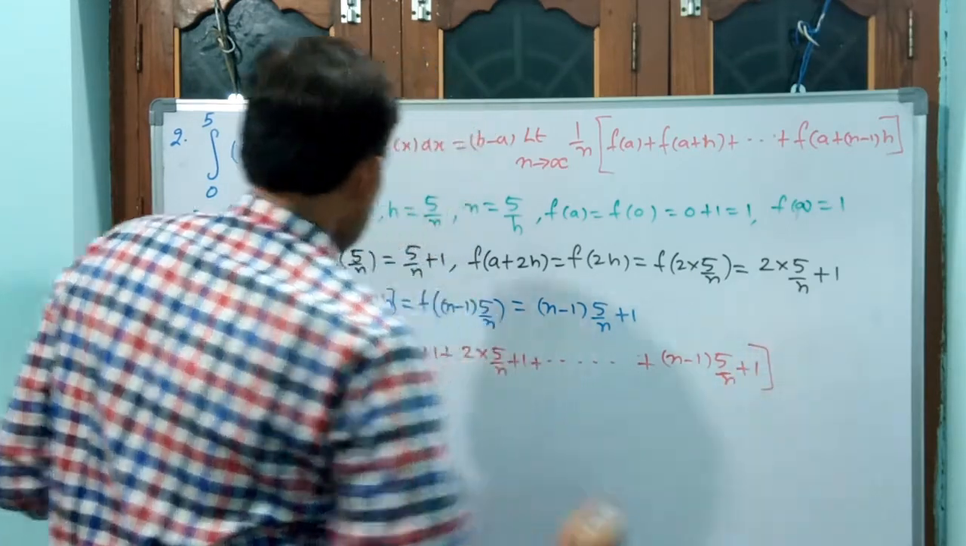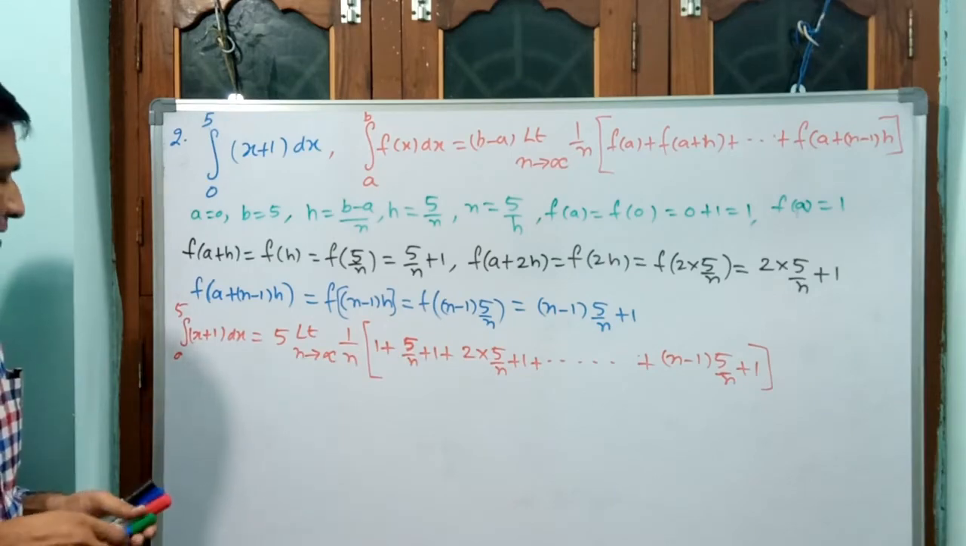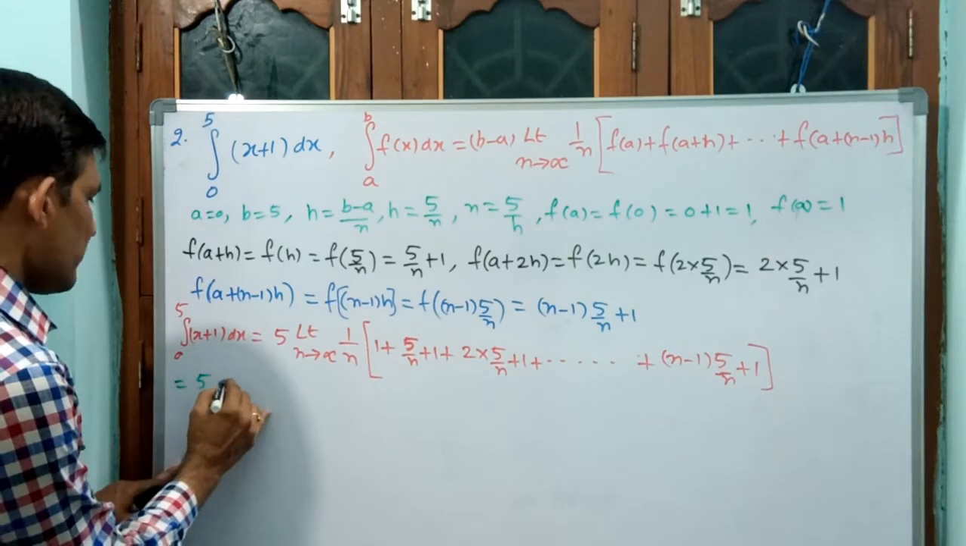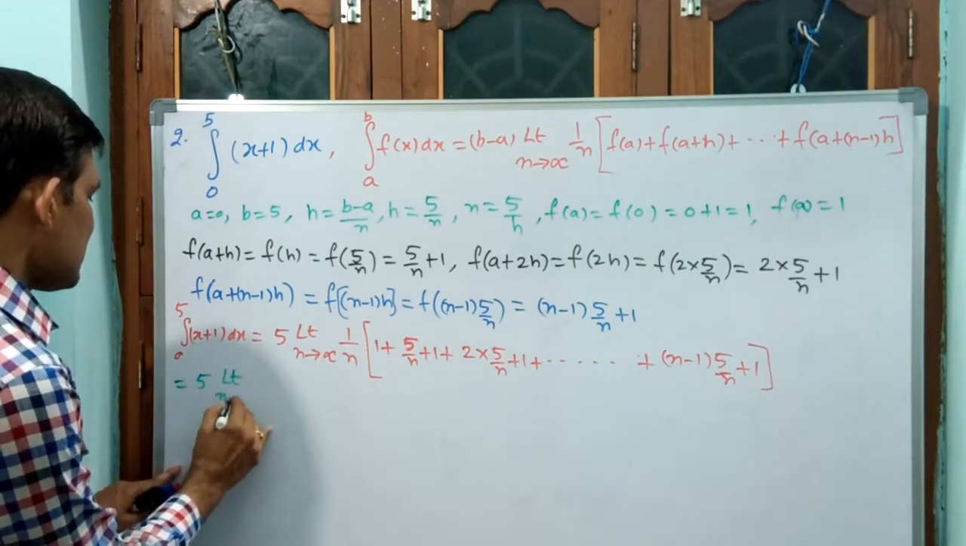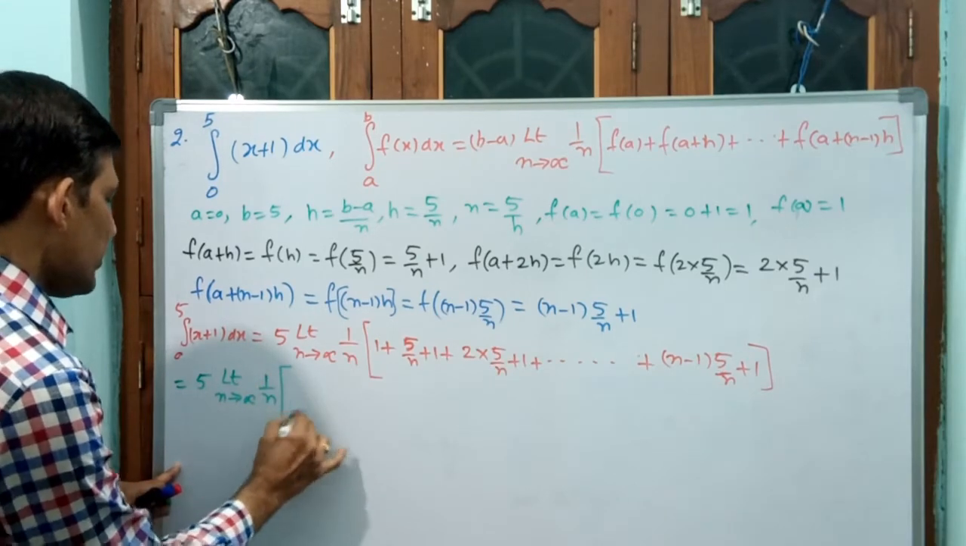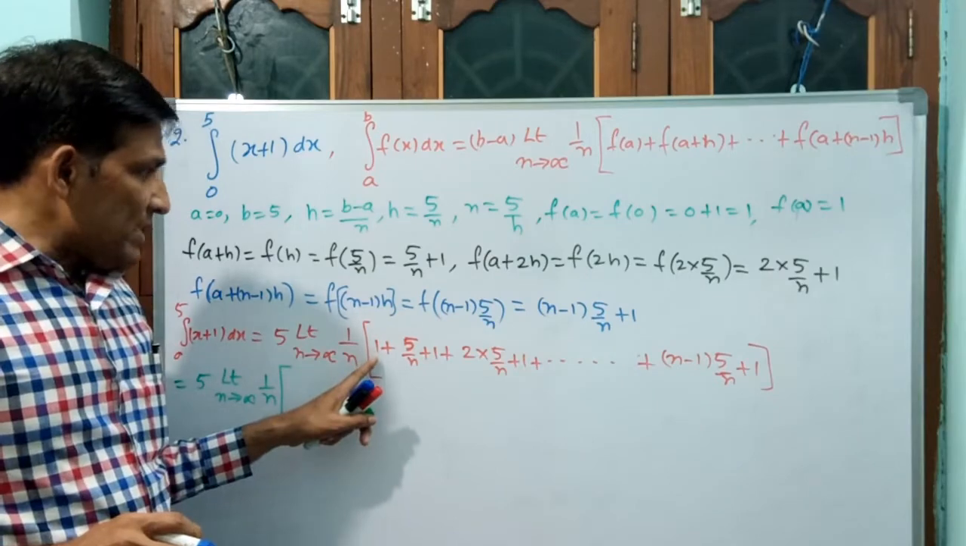Okay, this is the series. Now let us proceed further. 5 into limit n tends to infinity 1 by n into, if you observe carefully here, see, 1 is there